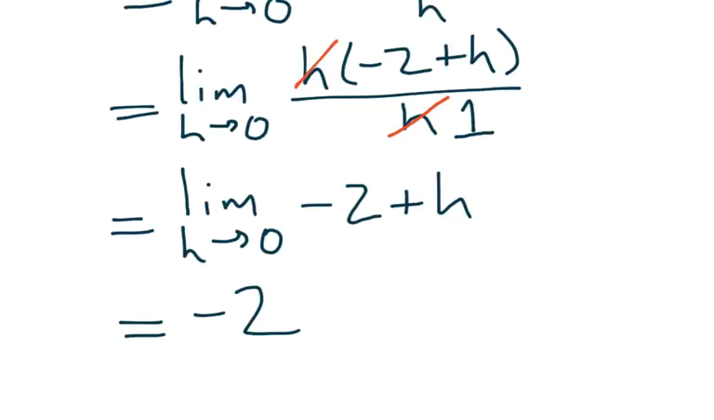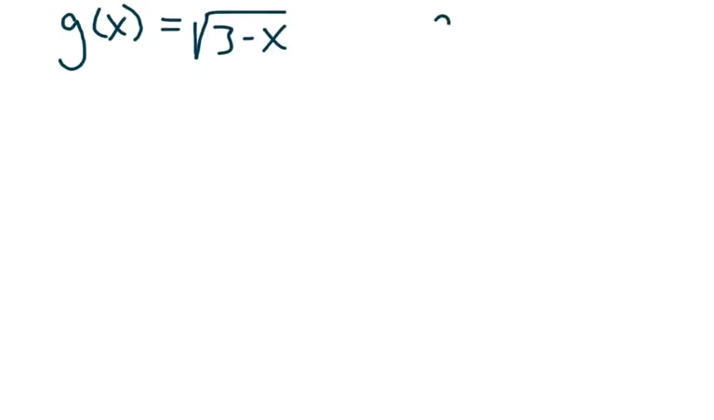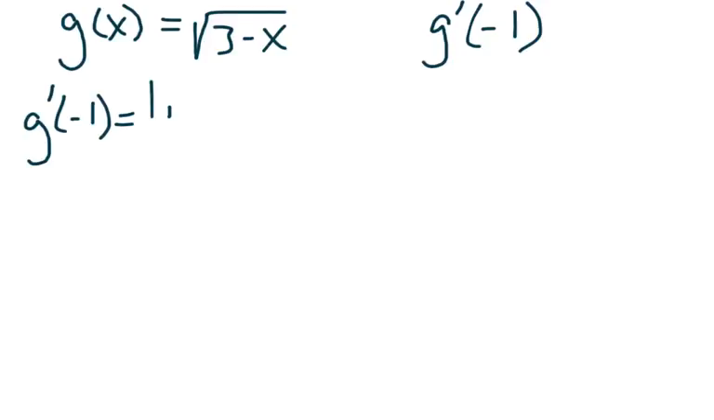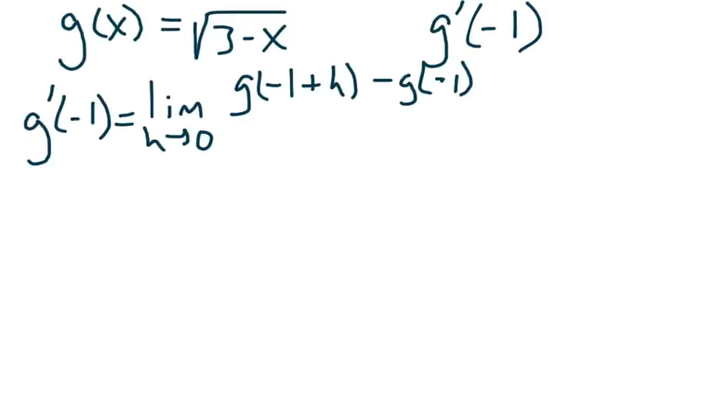Let's look at another example. Let g of x equal the square root of 3 minus x. And let's try to find g prime of minus 1. According to the definition, g prime of minus 1 is the limit as h approaches 0 of g of minus 1 plus h minus g of minus 1 over h,